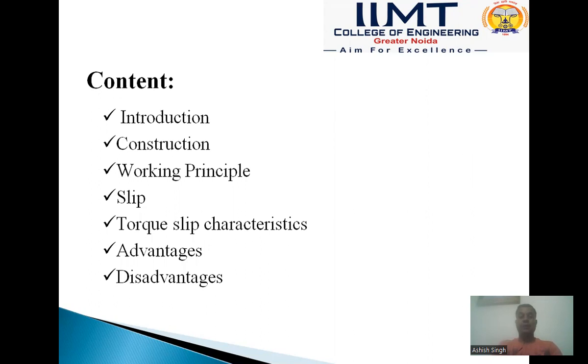After completing the working principle, I will discuss the term slip, what is slip, and how can we solve numericals based on slip. Then thereafter, I will discuss the torque slip characteristics of three-phase induction motor, how torque varies when slip increases or decreases. And after completing torque slip characteristics, I will discuss the various advantages and disadvantages